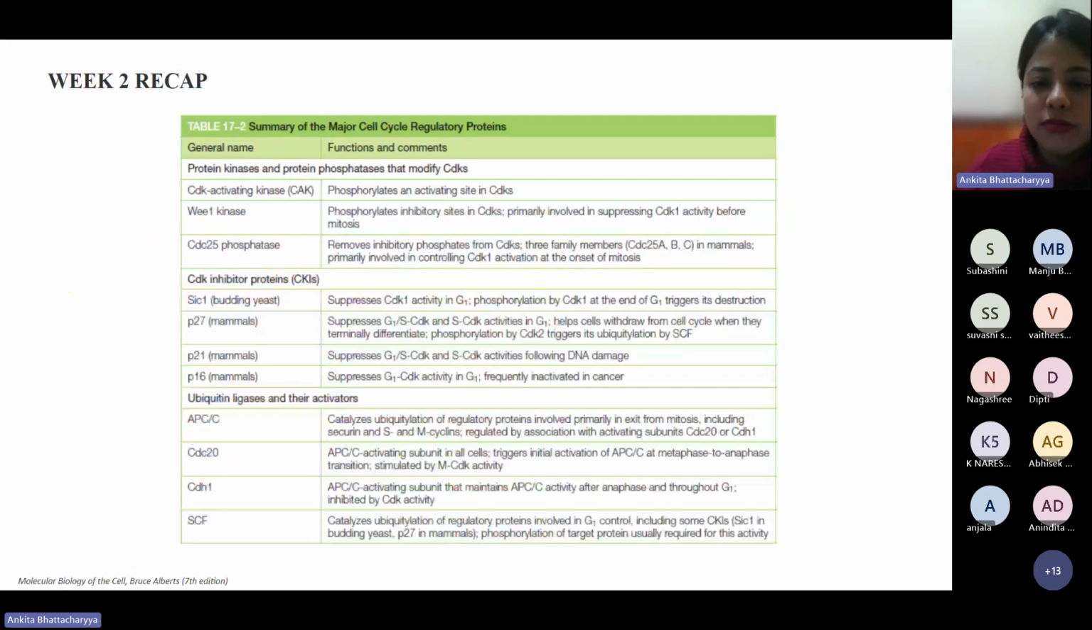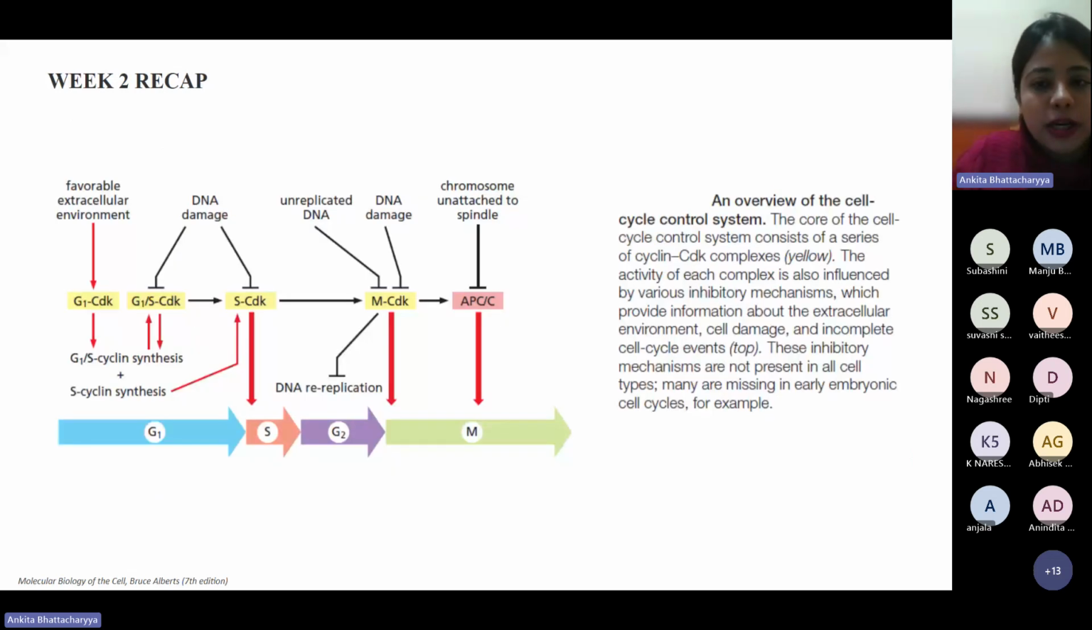So I don't have too many slides after this, but what is summarized here is the basic checkpoint mechanism that is operational inside a cell. So this is an overview of the entire cell cycle control system. Like we have identified, first of all, checkpoints are extremely important. You by now have understood why. It consists of a series of cyclin CDK complexes, which are influenced majorly by inhibitory mechanisms, which provide information about